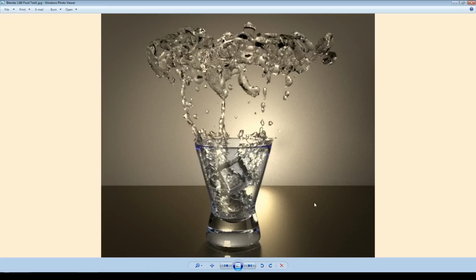This is the result of the one that I did. So you can see again I had the light basically behind it. I used in fact a flat plane so it looked like a table, slightly shiny, and then a flat plane behind it, sort of light grey colour. Again there you can see the ice cube that fell in, very similar effect. Really quite a simple scene, but quite effective as well. And you just have to play around with the velocity of the ice cube and things like that to see what patterns you get in the water that comes out. This one was going quite fast, so obviously most of the water was ejected.